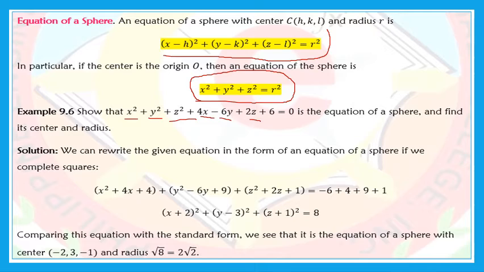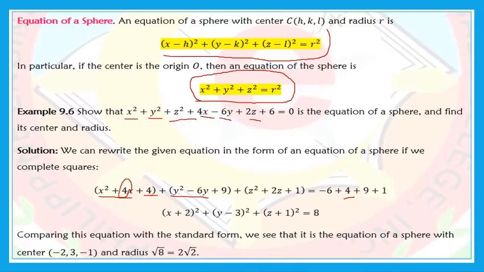Okay, so by completing the square, magiging x squared plus 4x, ito yung sa given natin, no? Kaya yan naging 4, kasi di ba kung i-apply natin yung completing the square, mag-times tayo ng 1/2 dito sa numerical coefficient ng may variable na x. So 4 times 1/2 is 2, di ba? And then after that, squared lang natin. So 2 squared is equal to 4. So yun yung ilalagay natin dito. So kung nag-add tayo dito ng 4, mag-a-add din tayo ng 4 sa right side. So the same with y squared minus 6y, galing sa given natin class. Naging plus 9 yan kasi si 6,